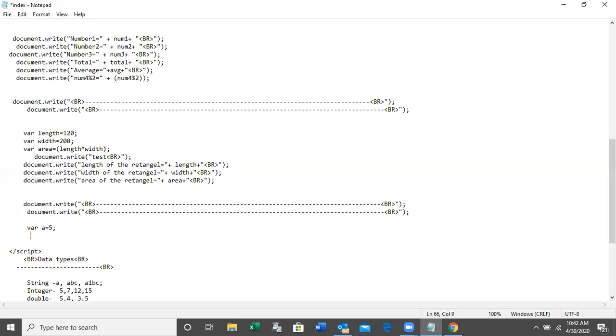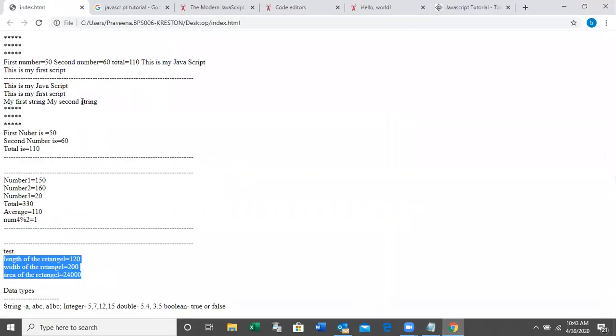Now I am going to print document.write a++. What is the output you will see?